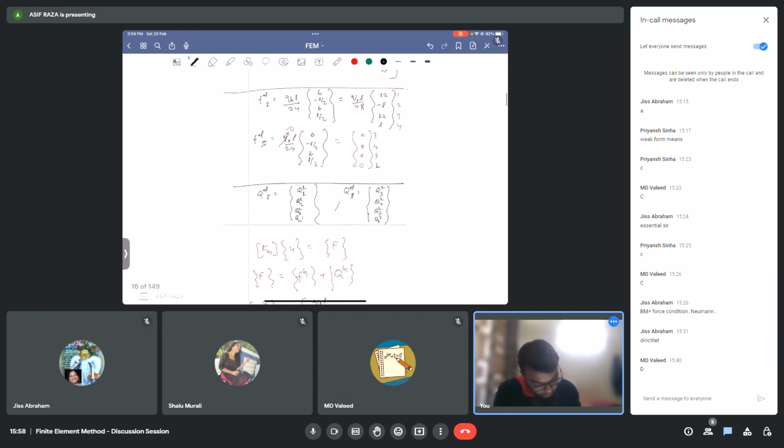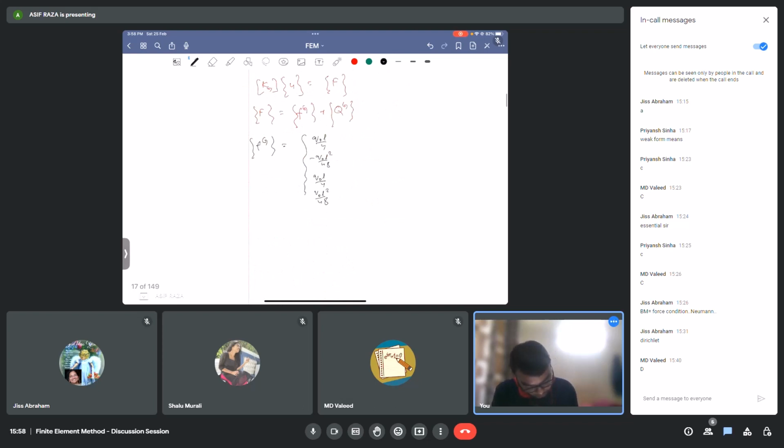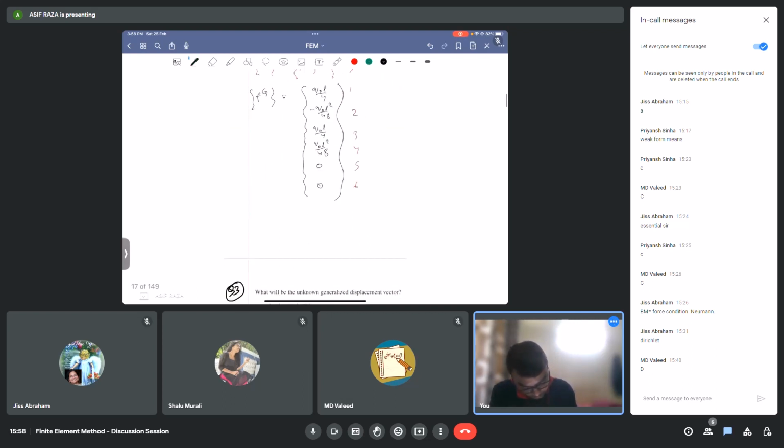This is pertaining to that, and 0 0 pertaining to 1 2 3 4 5 6 degree of freedom, and my Qg, I will just write it in a simplified form as Q1, Q2, Q3, Q4, Q5 and Q6. Okay,